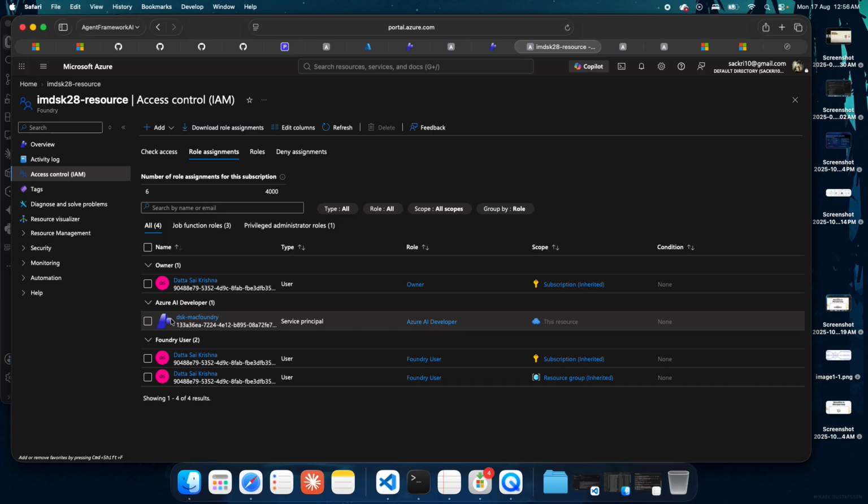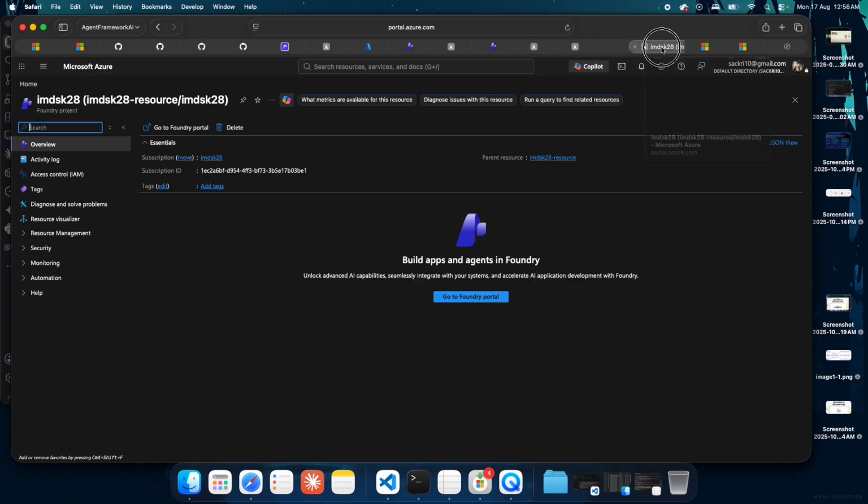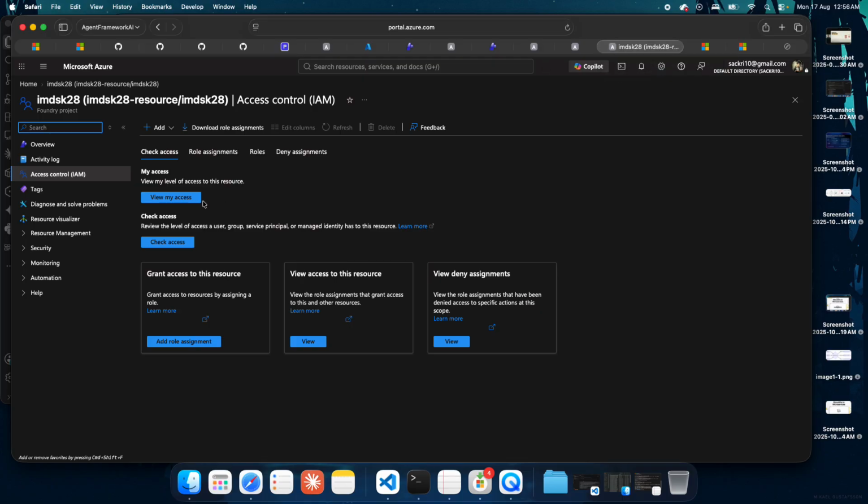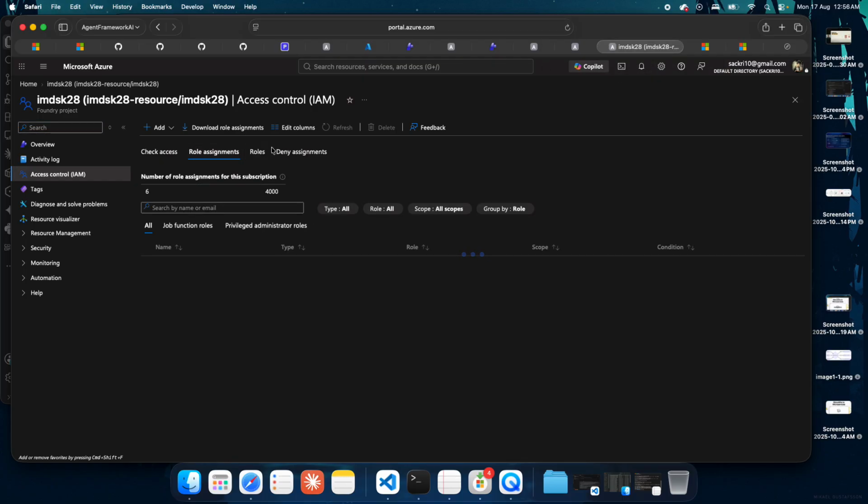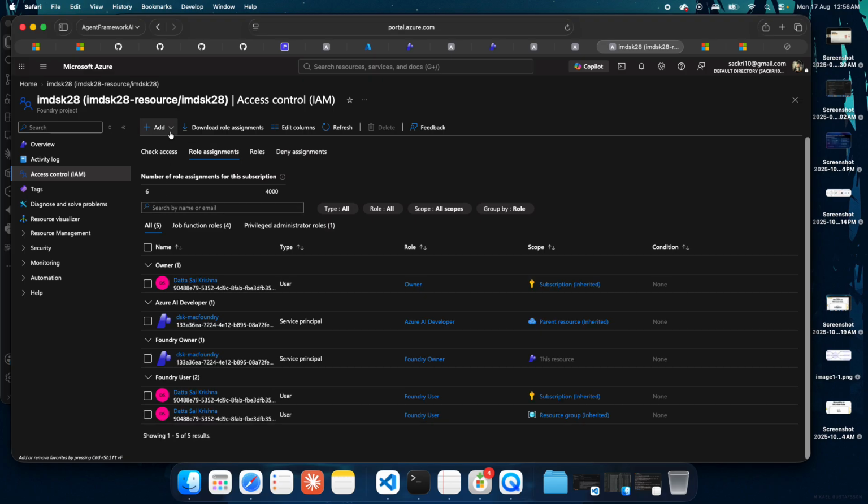So this is access control IAM. Here is where I have already added, if you see, this is a service principal which I have added here. So let me go to the role assignments here. Okay, so what you can do is you can select here, and then add role assignment,